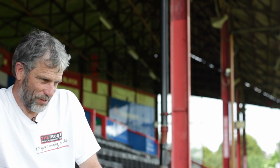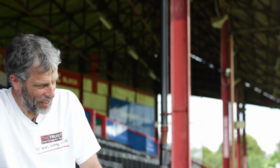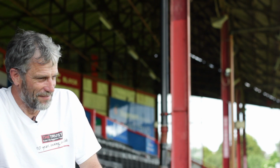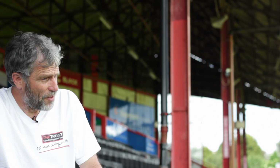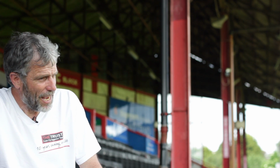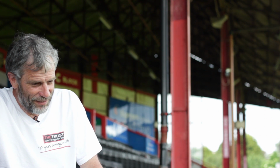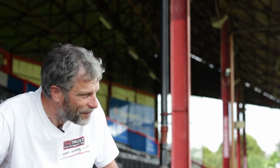I mean, this old grandstand had seen a lot of things through its history, but one thing it hadn't seen until 2003, it hadn't seen Exeter City get relegated out of the league. It's had a fair few close scrapes, but 2003, last game of the season, we were at home to Southend, and we had to better Swansea, who were playing Hull City, their score, and it was 0-0 here, and after a bit of time, Hull scored, and then I think Hull went 2-1 up,